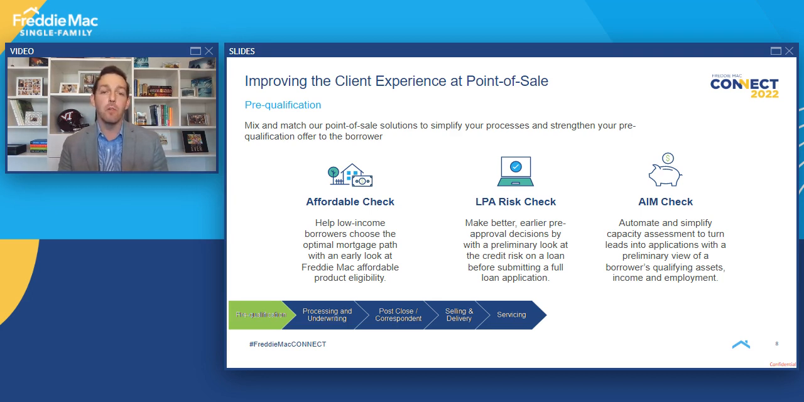More information on affordable product eligibility. It's a really competitive market right now trying to source affordable business. So using our tools, you can better understand if and when a borrower meets the income requirements to fit into a Home Possible loan. And then also getting a view of borrower capacity with Freddie Mac's assessment of assets and income, right? Having that confidence in the data and the assessment from the investor will allow you to move forward with a fully digital pre-approval process that has some substance behind it